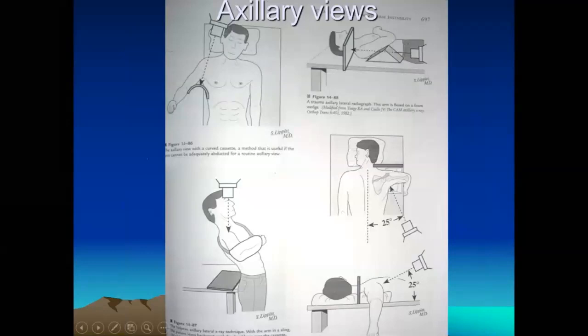These are the various axillary views. In a traumatic dislocation it is very painful, and taking an axillary view is very, very difficult. But if you know this technique, the Velpeau view, with the patient in an arm sling, you take it like this, or in this position, which requires a special cassette, or something like this. Depending on whichever facility you have, the Velpeau view can easily be taken many times.